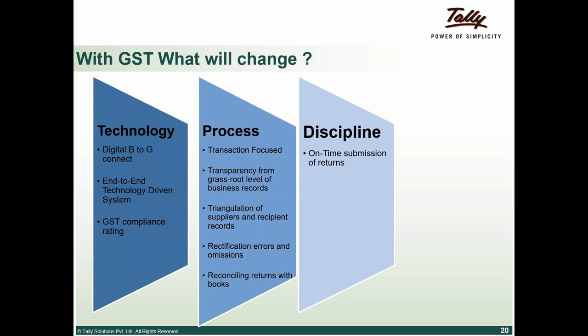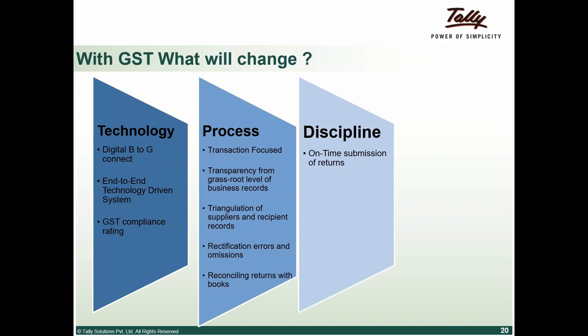So it means my GSTR 1 by the 10th I have to submit, my GSTR 2 by the 15th, my GSTR 3 by the 20th, and various others, my annual return and other things, right? So why is it very important? One, we saw the input credit mechanism, that if the selling dealer, if you see under GST,